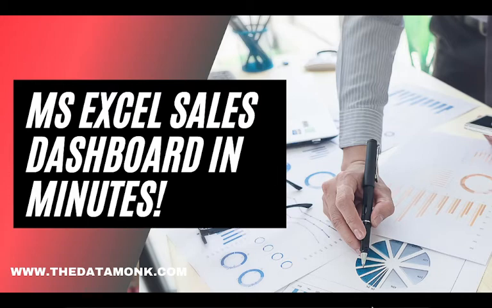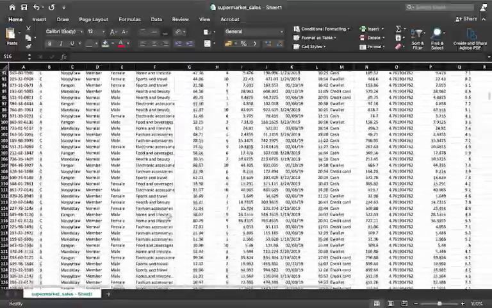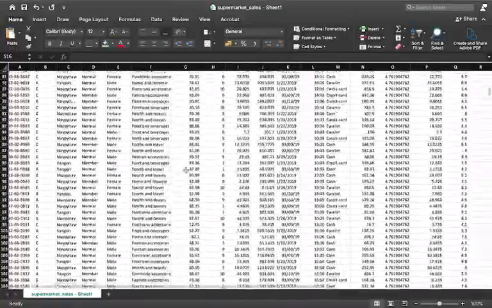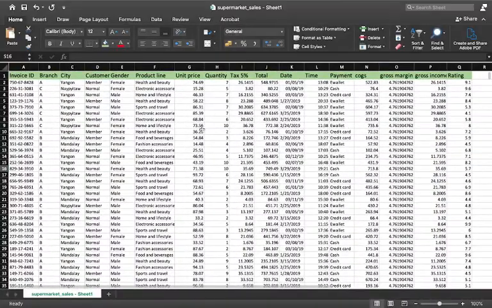Now let's jump into the data that we have and start creating a dashboard. In this video, I have taken the data for supermarket sales, with all these categories. This is big data with thousands of rows. The data that you'll get when you're in a company won't be a 5-6 line data, right? You'll be given multiple rows and even multiple sheets, and for that you'll have to create a dashboard.